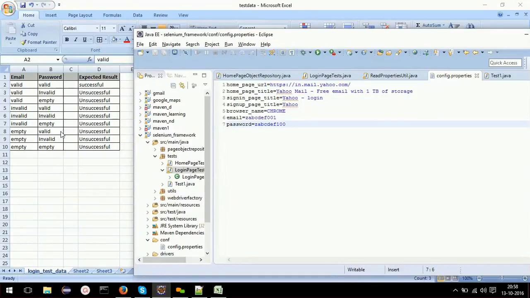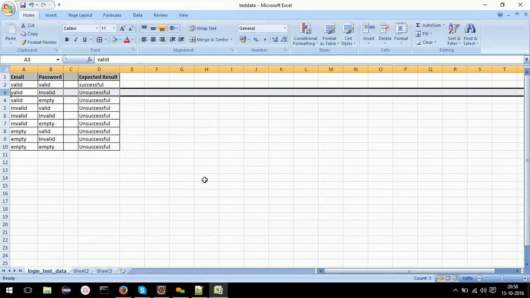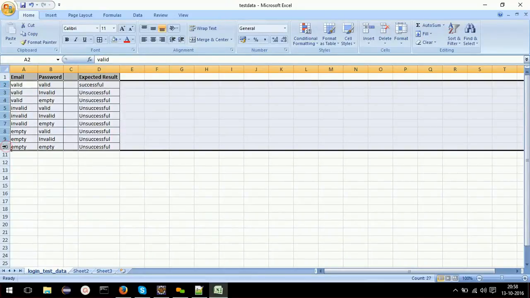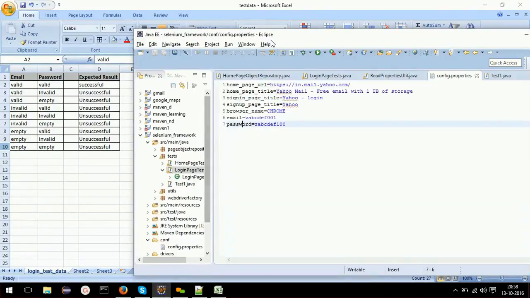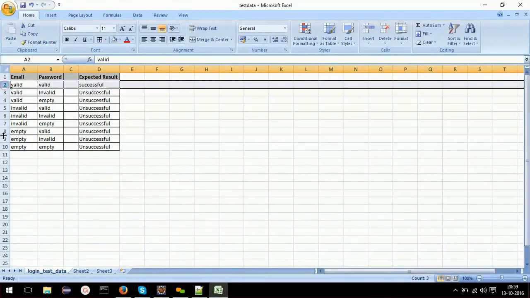But ideally, when we test all these scenarios, we not only test the positive combinations, we test negative also. That means we should test with all 9 possible combinations of data. So we should modify our test case or our framework in such a way that the same test case gets executed against multiple combinations of test data. This approach is called the data driven approach.